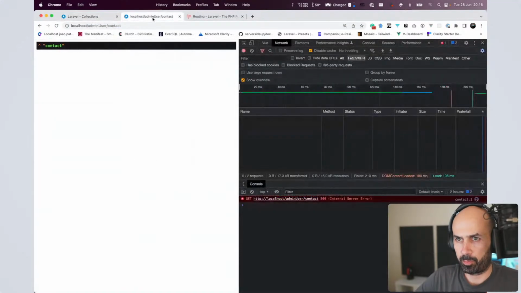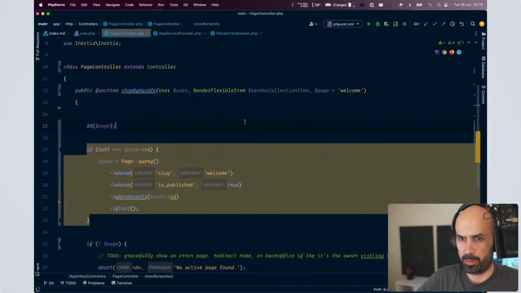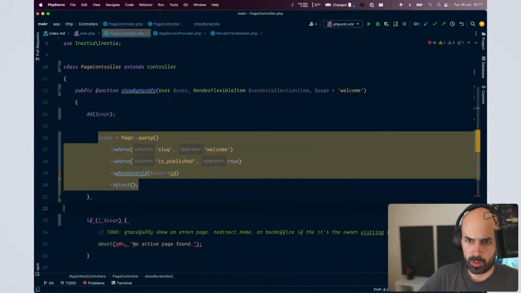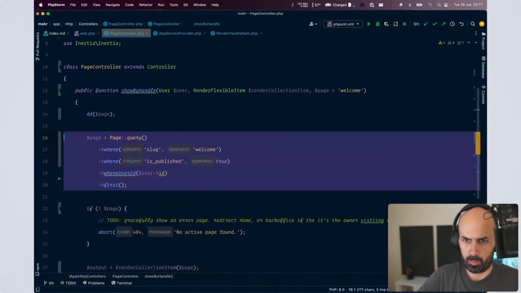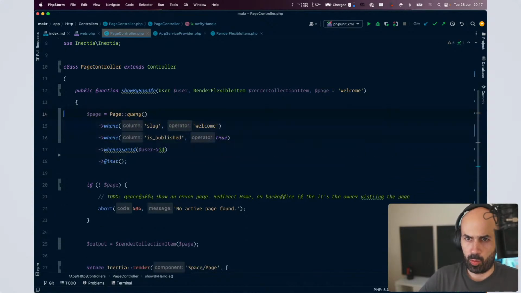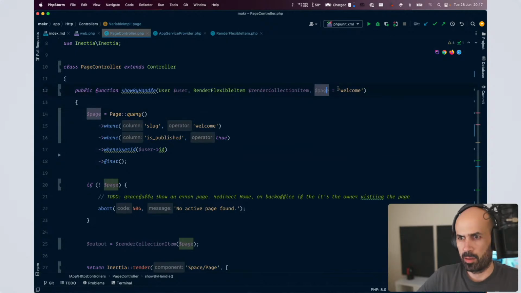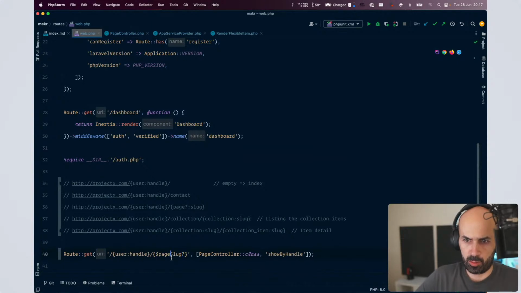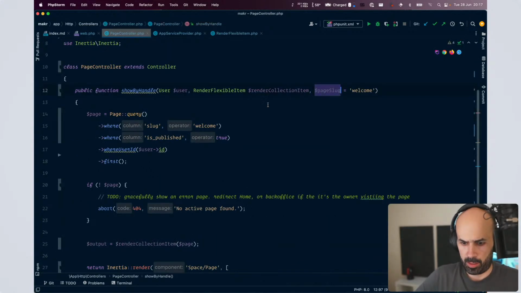Okay, pretty sure we're doing much better right now. So what we want to do is, we are pretty sure we don't have a page, so we want to find a real page model. So I'm gonna go with page slug just to be more explicit. So it's page slug we're looking for in the second segment, and sure enough